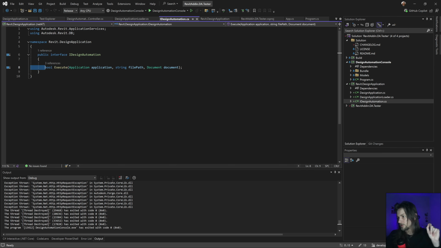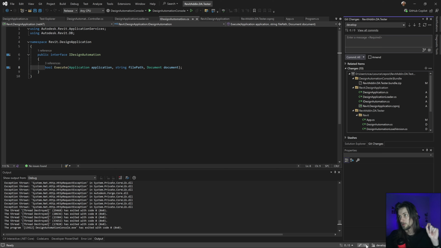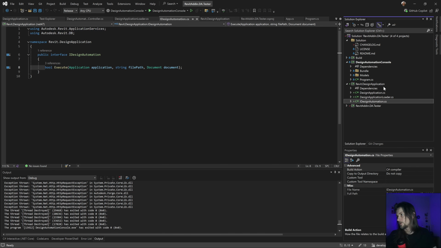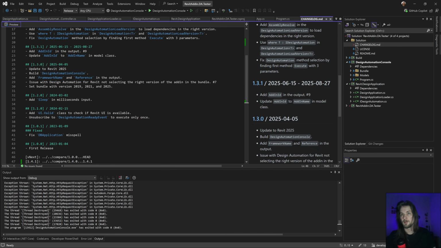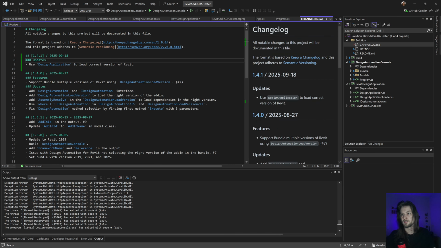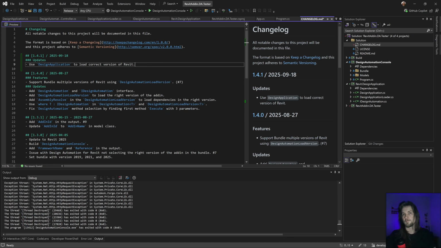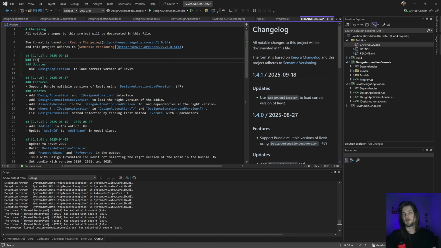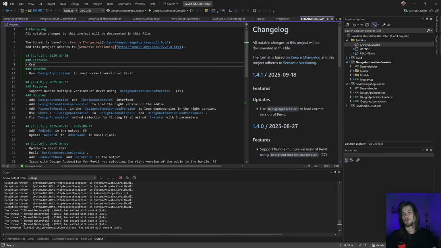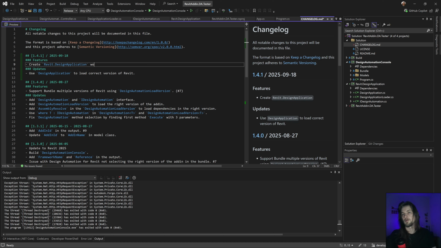And yes, let's just do a simple change in here. Where is it? Let's add some features. Create with design application.